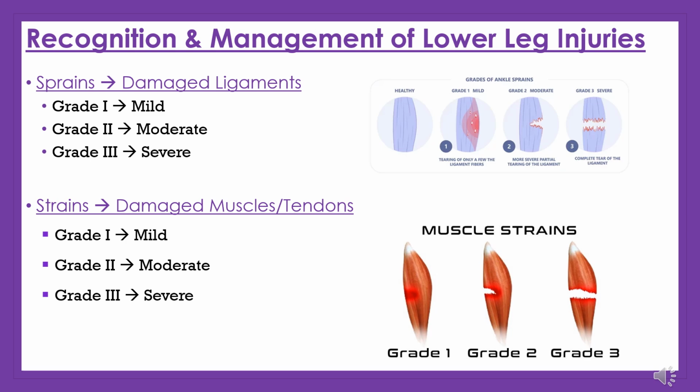Regardless of the area of the body that we discuss, we need to discuss the difference between sprains and strains. A sprain is where the ligament is damaged, and that has various levels of severity. Grade 1 sprains are when the ligament is stretched beyond its typical capability and causes some pain and discomfort. These grade 1 sprains are usually pretty mild and typically take 1 to 2 or even 3 weeks to recover